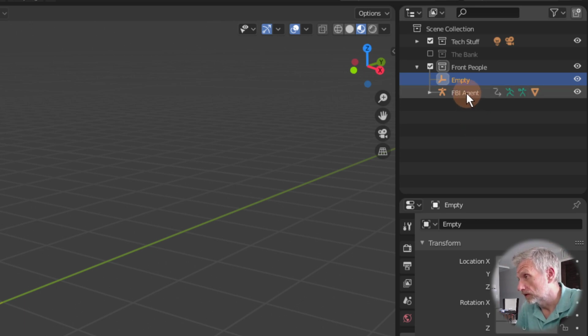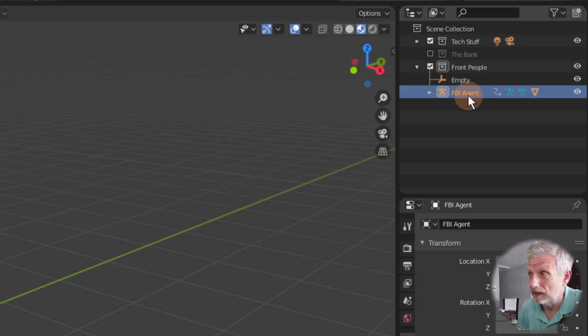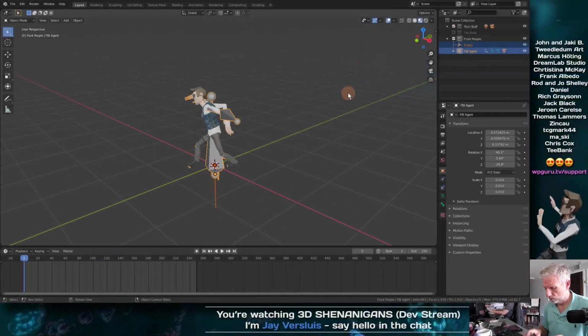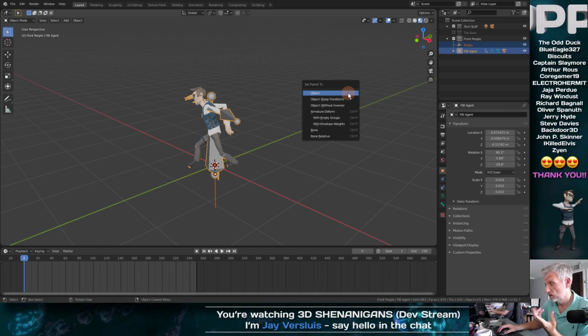In an ideal world, I would just click the FBI agent and drag it onto the empty, but that's not how it works. I think I have to shift select the FBI agent first, then the empty, and then hit probably Control P, and then set parent to object, keep transform without inverse.